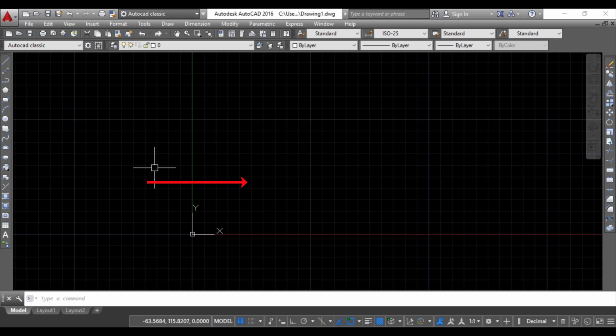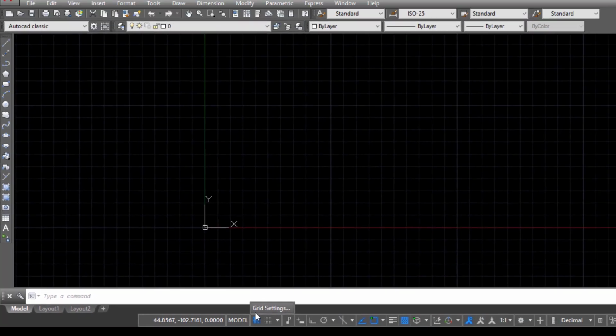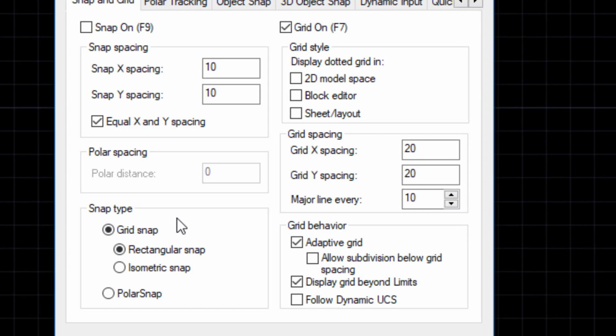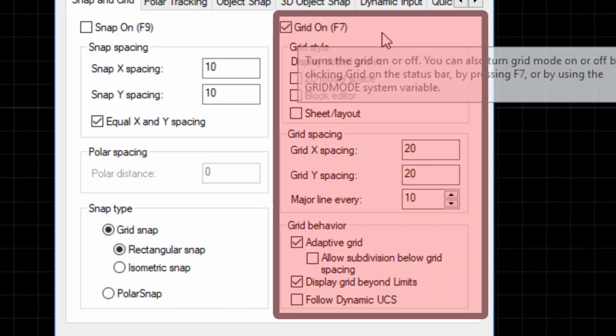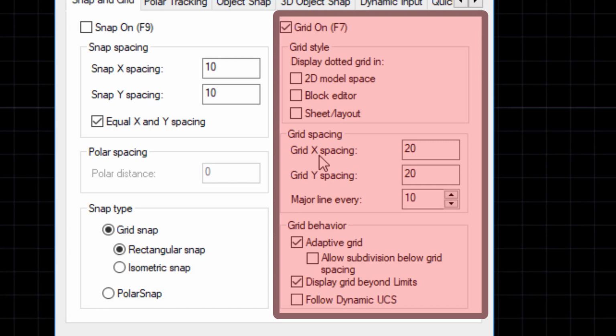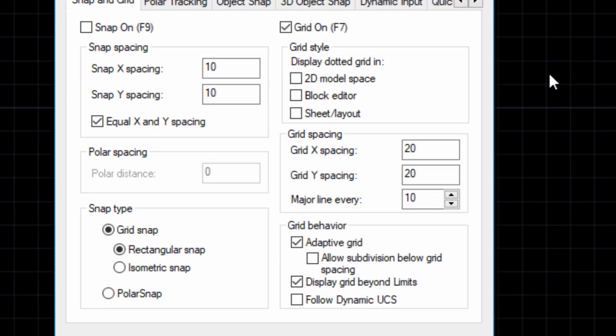Now to change the values of these lines, I will right click on the grid and go into the grid settings. As I go into the grid settings on the grid on snap, you can see that we can change the spacing of the x and the y. These x and y spacing are the faded lines on the x and y axis. Suppose I am changing the values to 10, so the y axis will also change respectively to 10. Also if I want to change the major axis distance to 20, that is the thick lines, I can change the distance to 20 also.